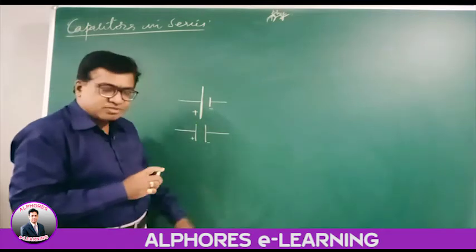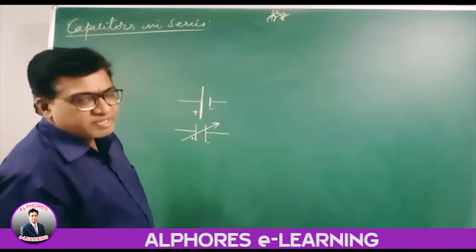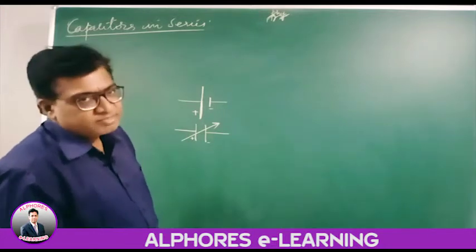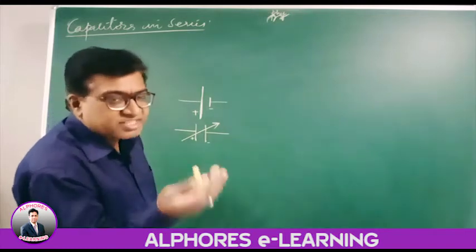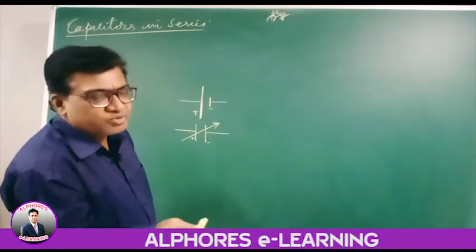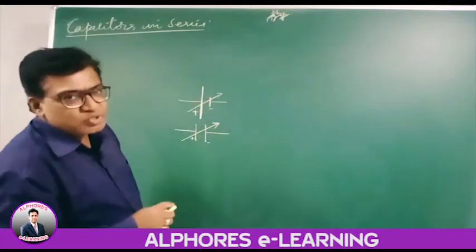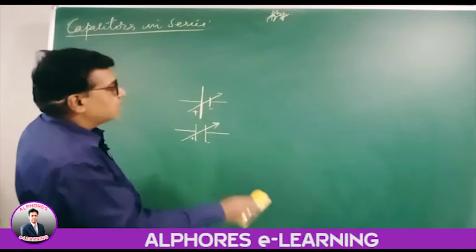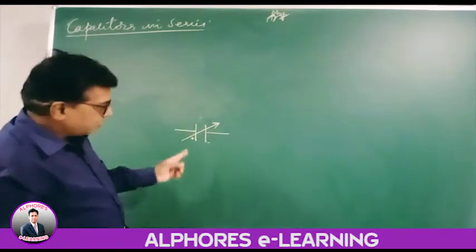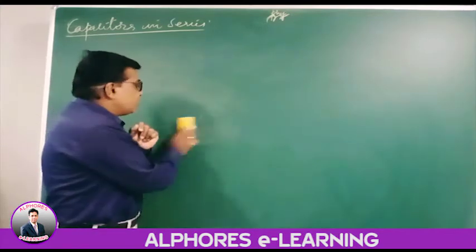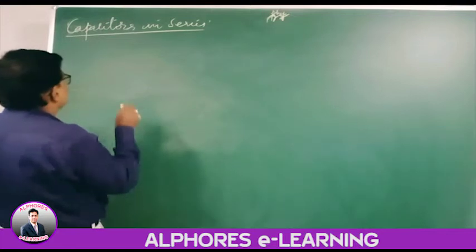Similarly for a capacitor, if there is an arrow in between like this, an arrow represents a variable element. This is a variable capacitor, a capacitor whose capacity can be changed according to your requirement. Here also, this is a variable source whose magnitude can be varied. So this is a variable capacitor. Let us now talk about a capacitor of constant capacity.